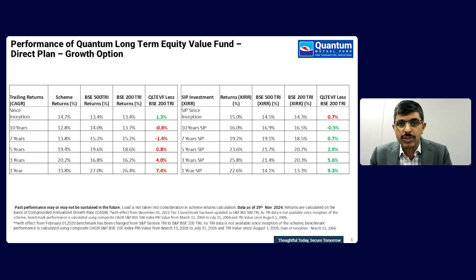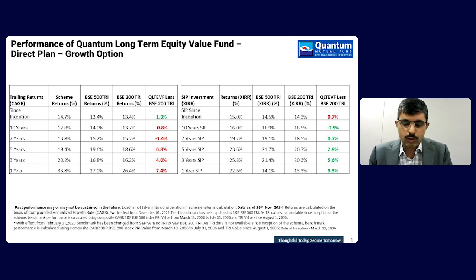A positive number shows an outperformance, and a negative number shows an underperformance where it trailed the benchmark. The second part of the graph, which is the bottom table, shows how an SIP investment into this fund would have performed over long periods of time. And on the right part of both the graphs, I have put the difference, the Quantum Long Term Equity Value Fund